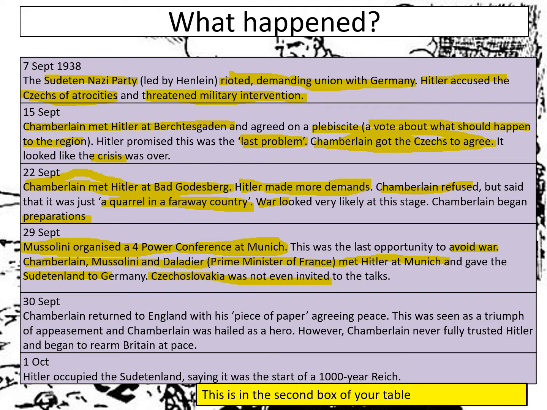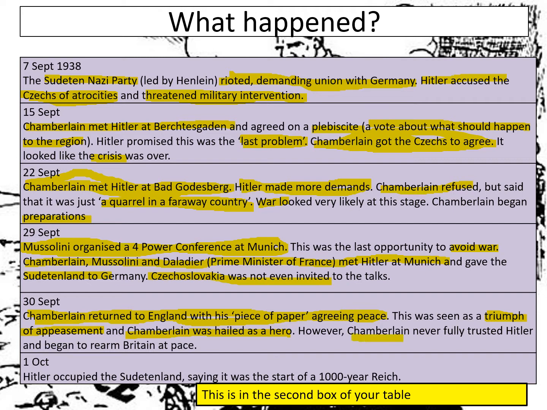Chamberlain gave Hitler exactly what he said he wouldn't do because he was prepared to give away the Sudetenland in exchange for peace. Chamberlain flew back to England on the 30th of September with what was called the famous piece of paper. This piece of paper was where Britain and Hitler had signed the paper, and Hitler had promised that he would take no more. This was seen as the high point of appeasement and a triumph, because Chamberlain had stopped a certain war. People viewed Chamberlain as a hero. There was now not going to be a Second World War.